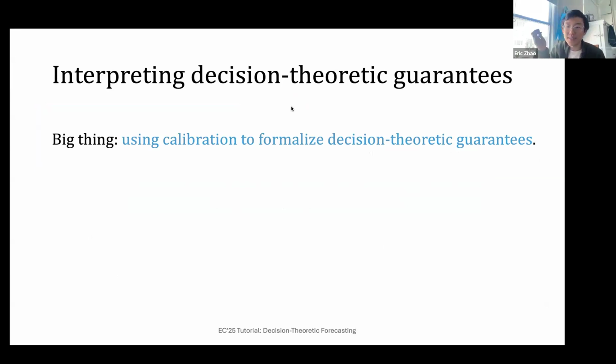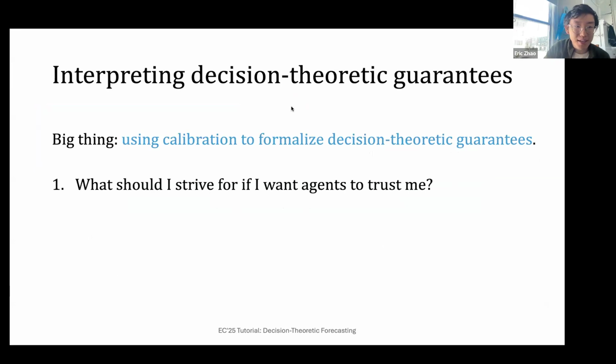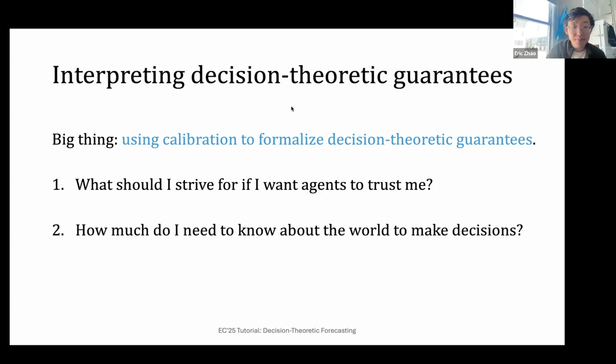out that there are sort of two ways to think about this that I actually might have informally jumped between. The first is, I can think of these decision theoretic guarantees as a question of: if I am a forecaster, what is the sort of performance guarantee I should strive for if I want others to trust me? Like if I am a weather forecaster or I'm Nate Silver, what claims should I strive to make about myself so that people will follow my forecasts? There's also a more egocentric perspective. I think this is the perspective that I spoke in the language of for this part, which is how much do I need to know about the world in order to make decisions?